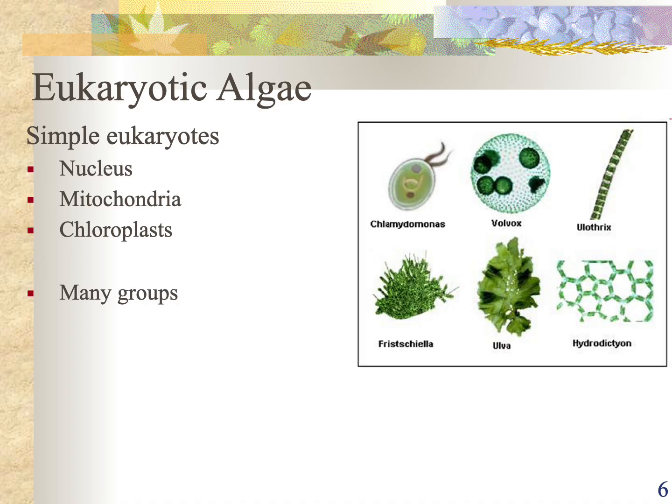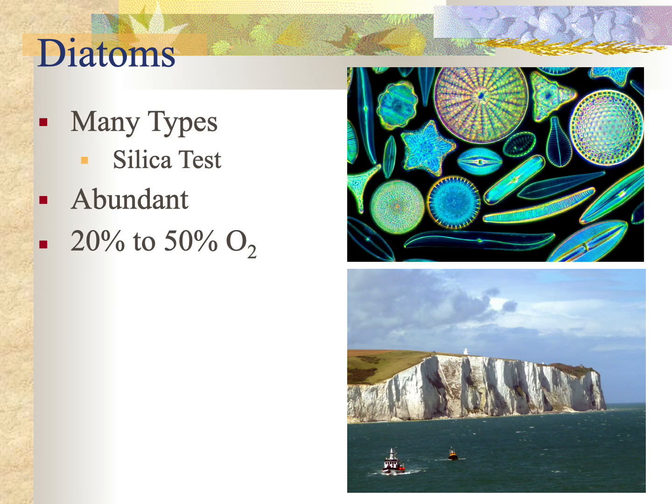These eukaryotic algae occur in many groups. They're abundant. Some of them you've probably heard of, like Volvox and diatoms and things like that. But they're present, and they can be very, very abundant. One group, the diatoms,